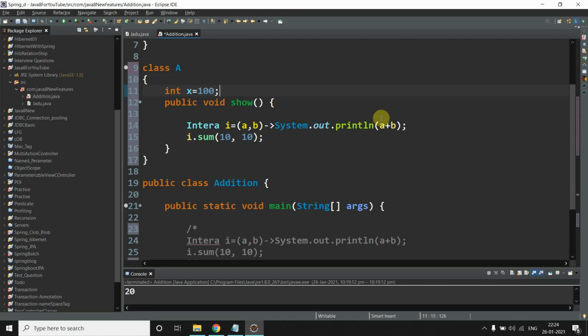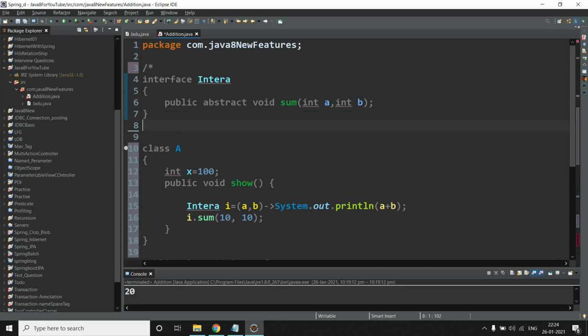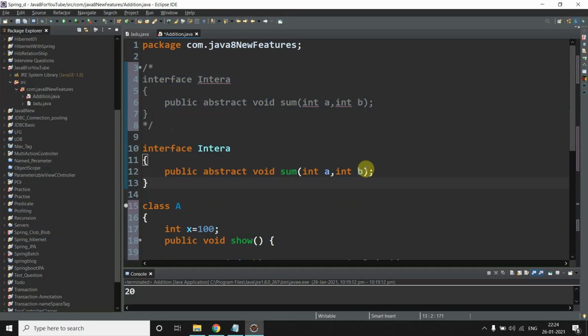I want to use this x, so please remove this from here, we are not using it. Let me comment this also, copy this, and change the name of it to m1, my favorite name.